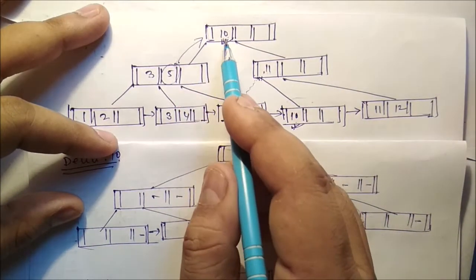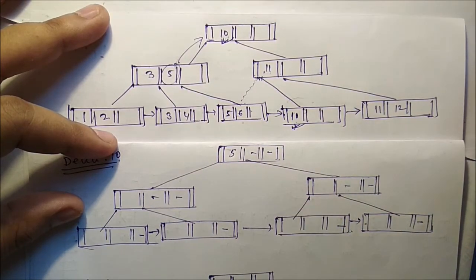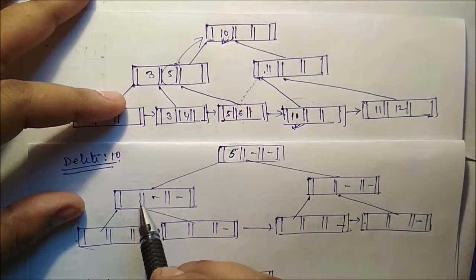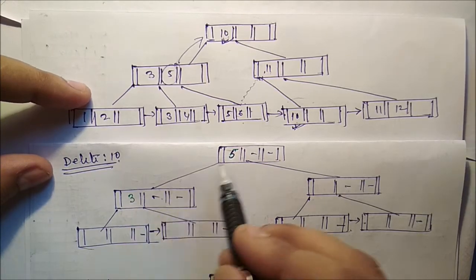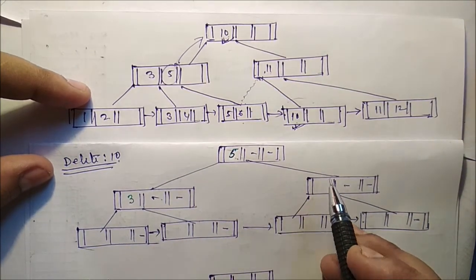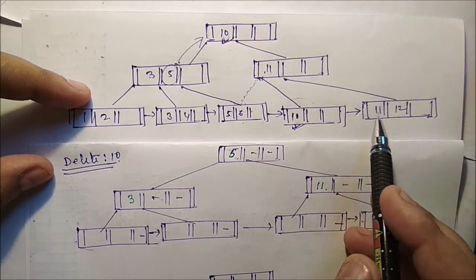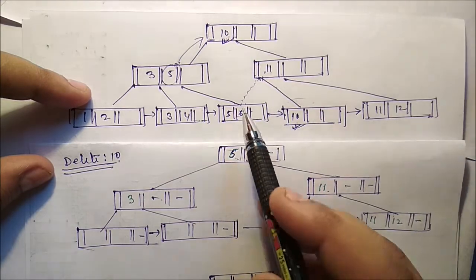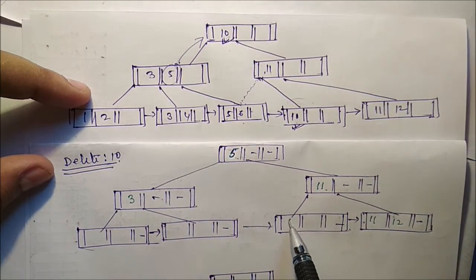That means here the updated value should be 5. And it is 5, though here only 3 is remaining. 5 is moved upward, and here it is kept as it is, 11, and here 11, 12 must be here, same. And what we are doing, 5, 6 must be connected with this 11. That means here you have to select 5 and 6.